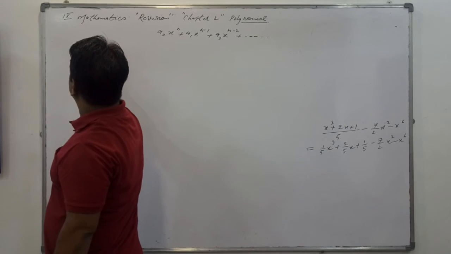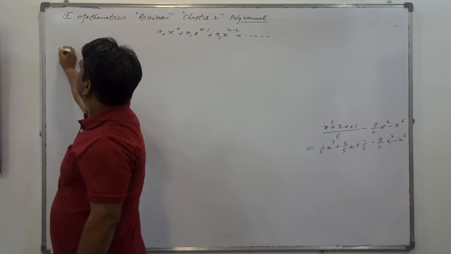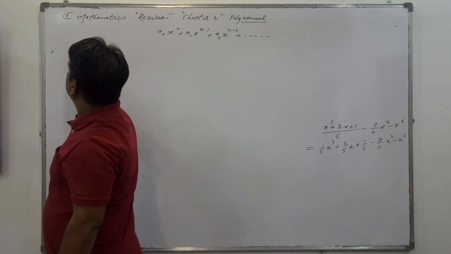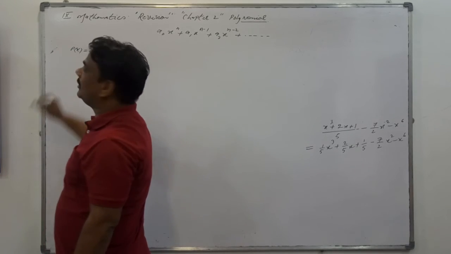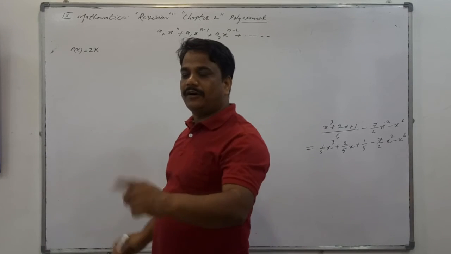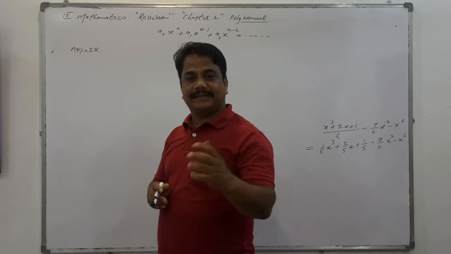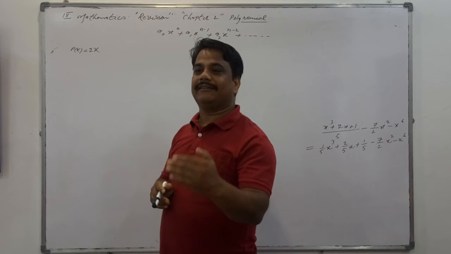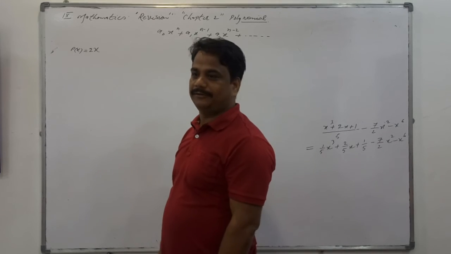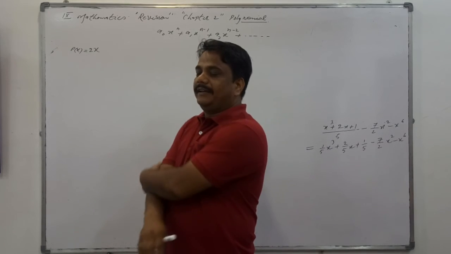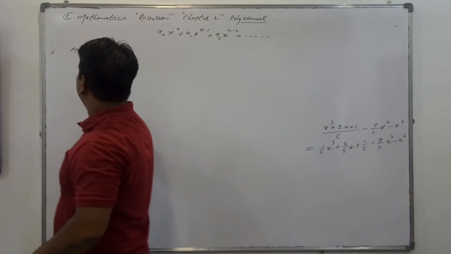Monomial of degree 1. So only x. It's a monomial of degree 1, only one term. On the basis of terms, we say monomial, binomial, trinomial, and on the basis of degree, it's called linear, quadratic, and biquadratic. Furthermore, second, binomial of degree 2. Binomial means you have to write two terms.